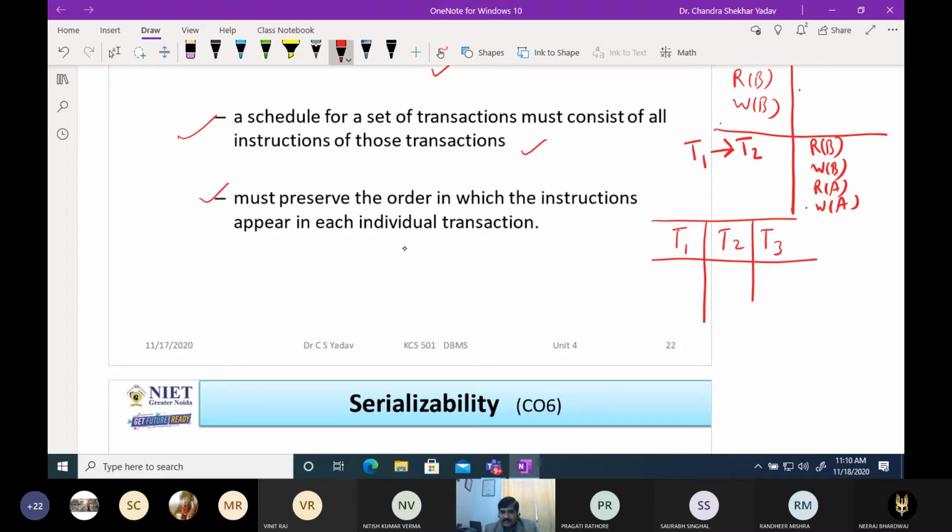The first one is in the order T1, then T2, then T3. In this order, we can execute the 3 transactions.